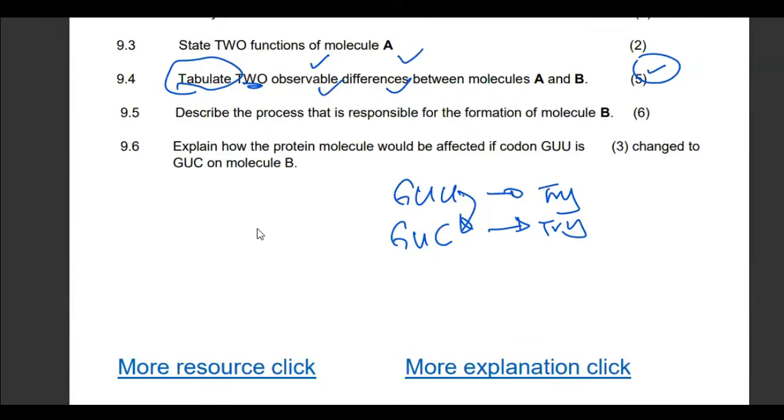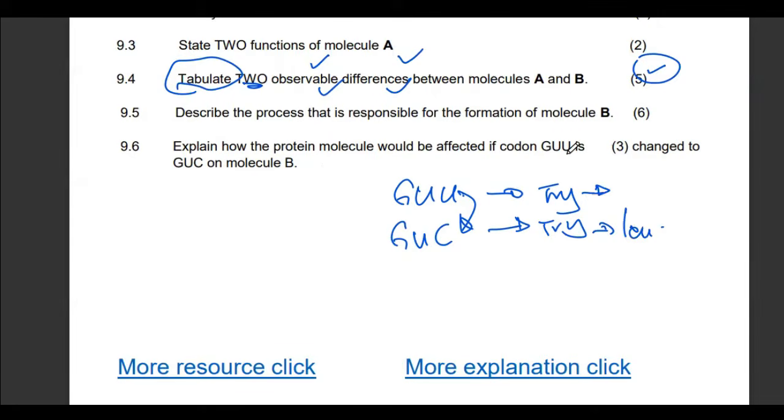But if this is tryptophan and now this one codes for, for example, leucine, then there will be a change in the functioning of the protein, because this is tryptophan and this is leucine. Therefore, a different protein will be formed, and the functioning of the protein will also change. So explain how the protein molecule would be affected if this is changed to this. So you tell us that if GUU is changed to GUC,